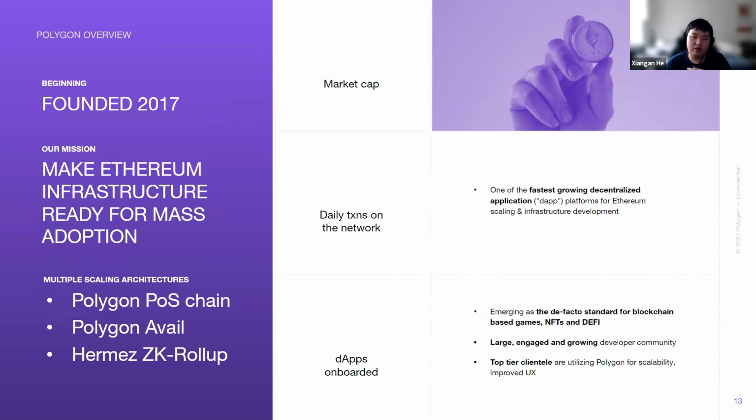There are certainly other solutions, ones that you might have heard of, like Optimism or Arbitrum, but we at Polygon have an entire suite of various scalability tools for your individual project's needs. So not only do we have the normal proof of stake commit chain, but we also have stuff like Avail. Recently, we also acquired Hermes as a ZK rollup suite for you